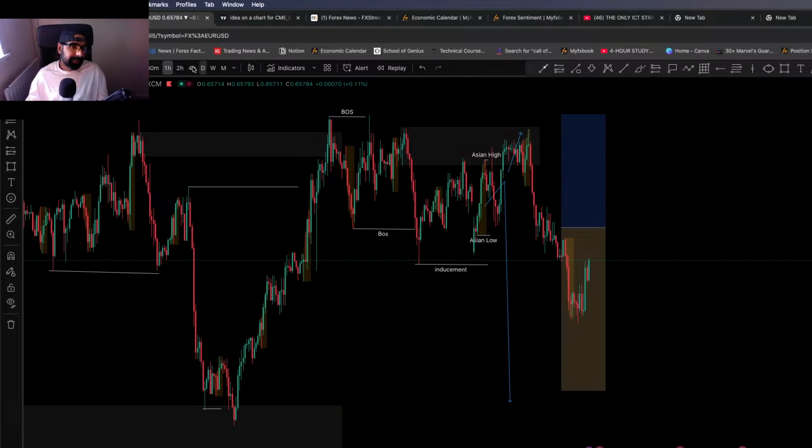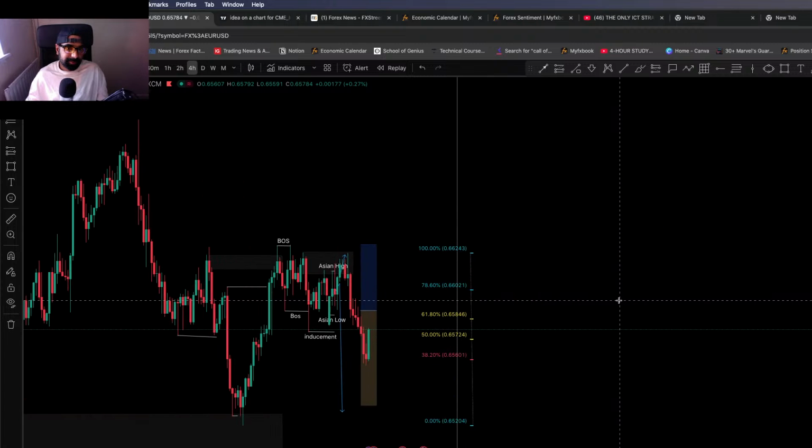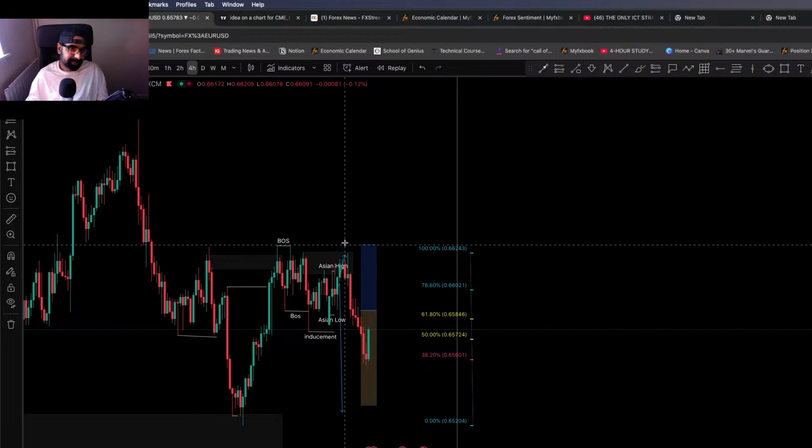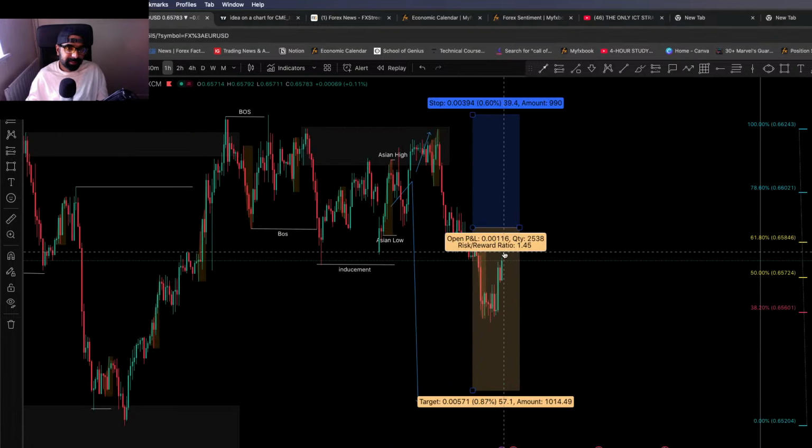Alright, this is the pair I've taken today. So stop loss is 0. For now, it might even take me out. So that's a break even. But how I took this trade was,